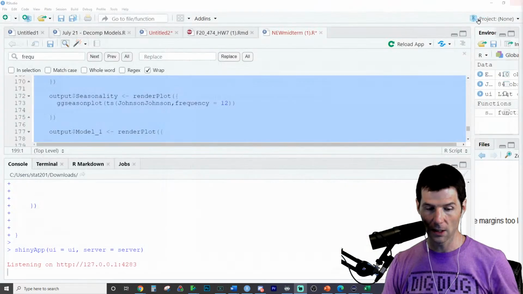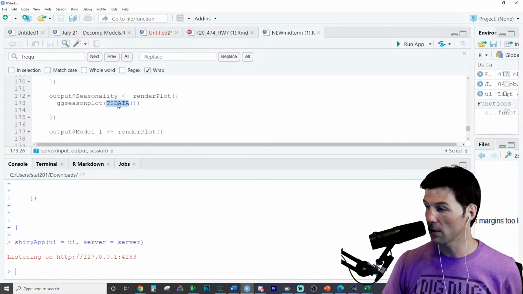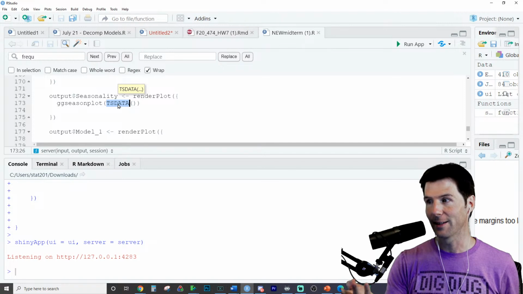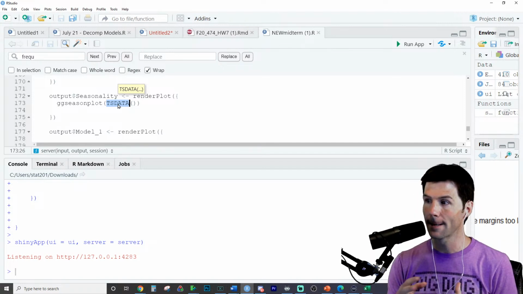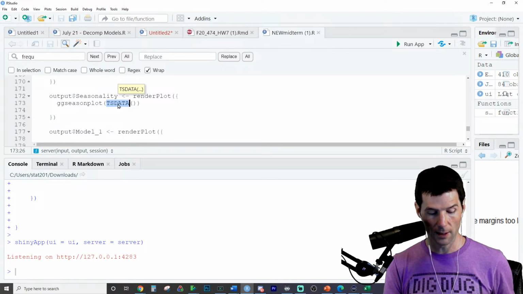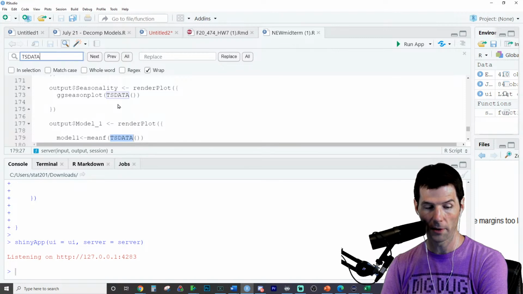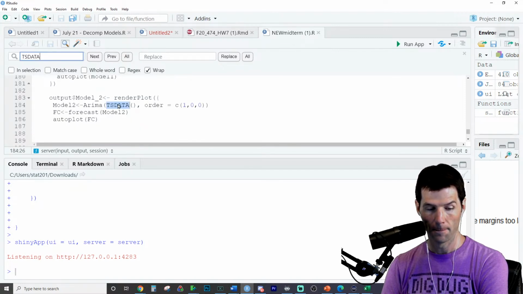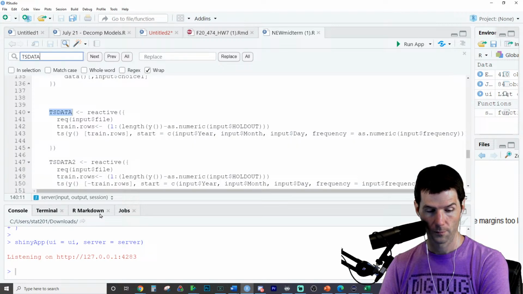If we get the right object in here, so let's undo that, bring it back to this. Something's wrong with this. It must be the react. Exactly. As Kayla's noticing, we're just narrowing down. It's the reactive TS data object that is not carrying through the seasonality. And so we now need to go and look at this reactive object where it's called in different spots. So we're just going to go through. Here's the first instance of it.